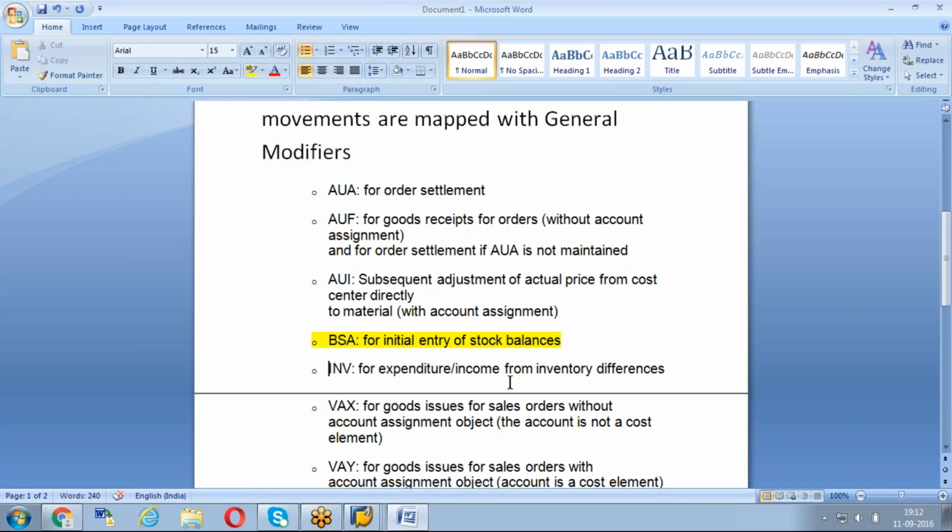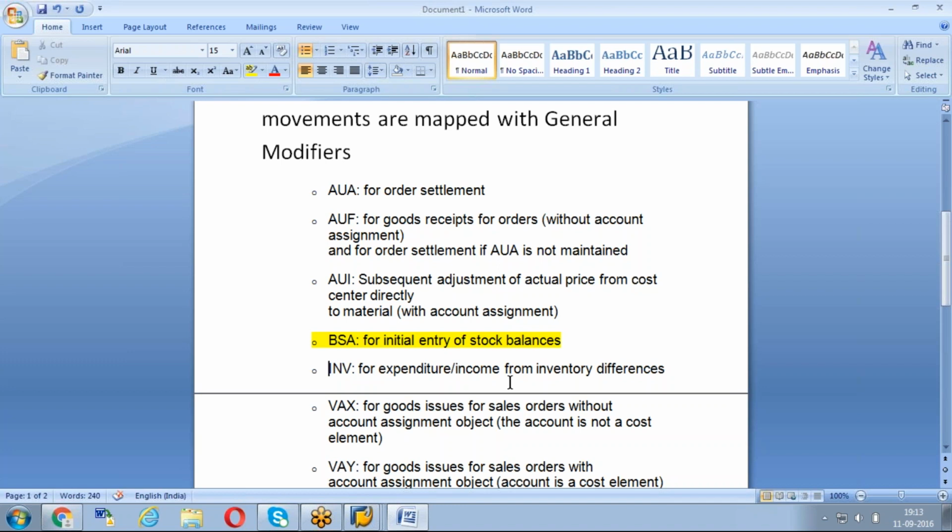We have a 561 movement type, recently we have discussed. When you want to upload the stock, generally when we use 561, according to my experience, I have used it two times. One is when I have done implementation and rollout projects, the stock which is available in the physical warehouse, that stock I need to post in my new SAP system, where I don't have any transactions.